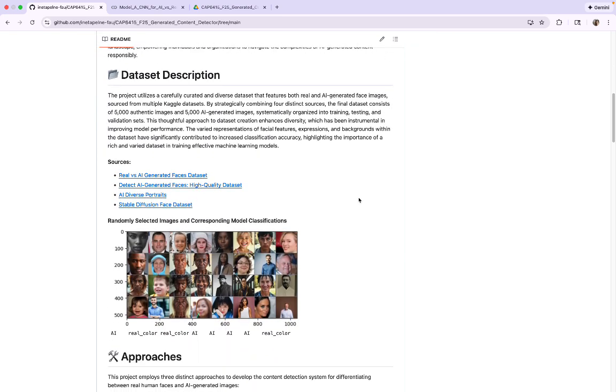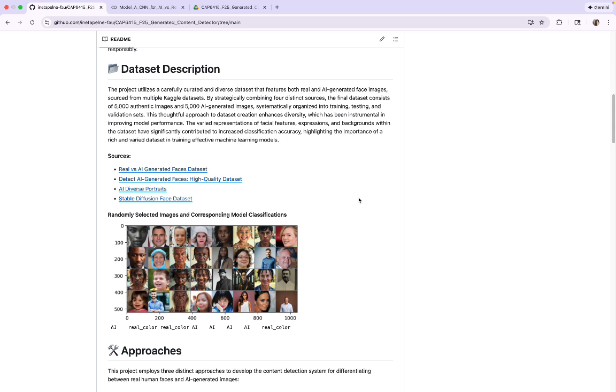And I would like to emphasize that I dedicated a considerable amount of time to creating this data set. Initially, there was one source and it contained photos that were similar and closely resembling each other. So, to enhance its diversity, I combined images from four different sources. Here they are listed, because I wanted to train a strong model that works well with new data. As a result, I ended up with a balanced data set with 5,000 real and 5,000 AI generated images. And although this may not be enough for a complex project, I believe this number is a reasonable compromise given the